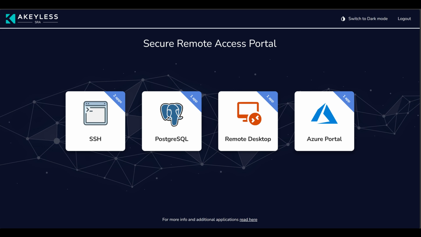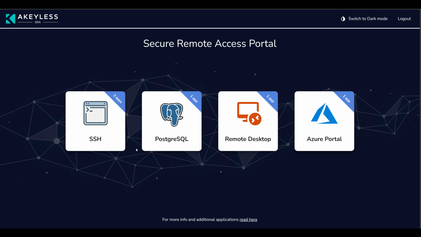Next is secure remote access, which is not available in HashiCorp Vault as the Vault product, but it is available in HashiCorp Boundary. And there is some integration between, of course, Boundary and Vault. But I like how this is a license feature in Akeyless and pretty much integrated in the Akeyless product as a whole. And as you can see here, you can expose different access to different resources. I have SSH to a couple of resources, Postgres, SQL, I can directly access the database, RDP into a Windows machine, and also